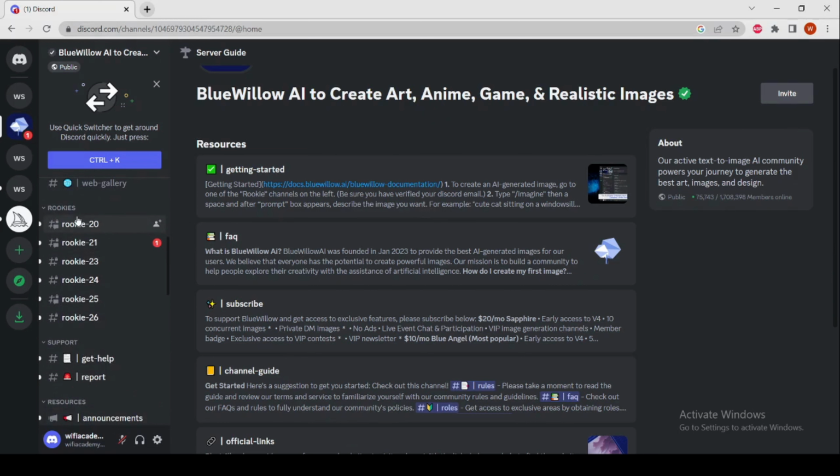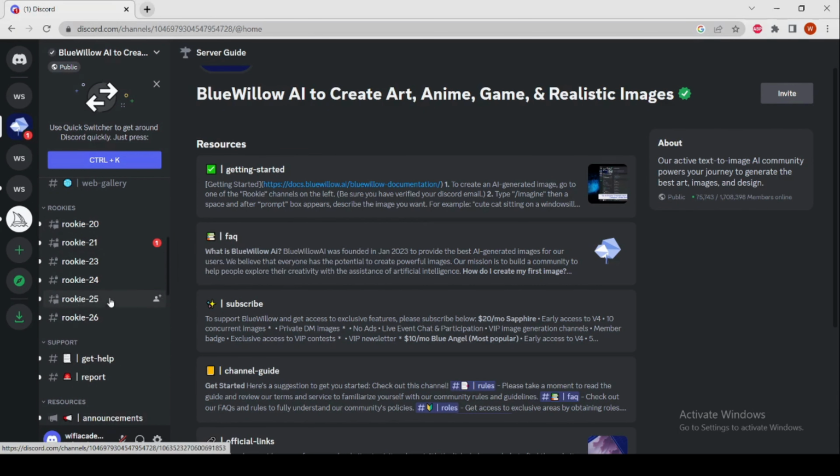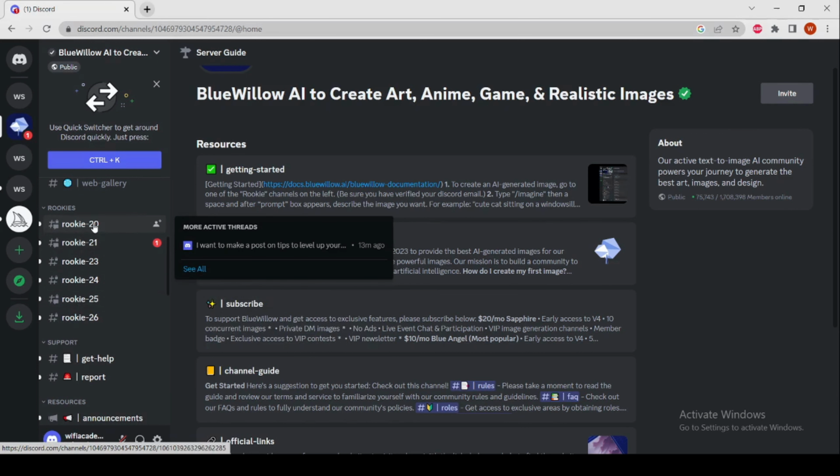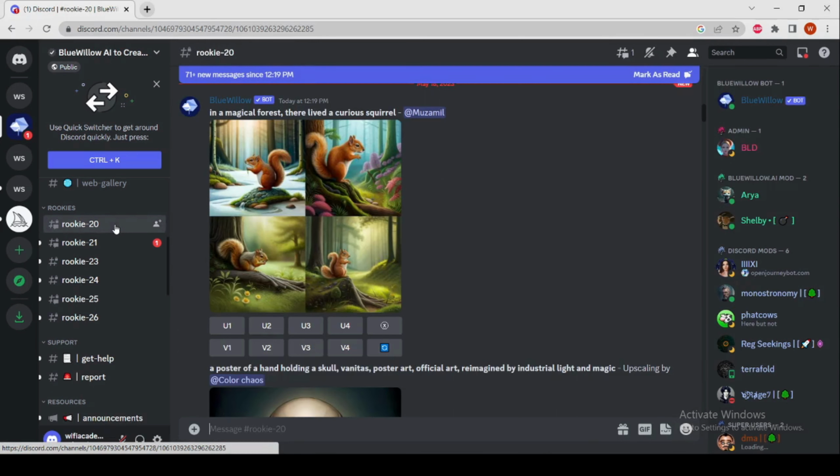we need to find a rookie room here in this section and select an active room from any of these. So I am going to select this, and here we can create our image. To create our image, first of all we need to enter our prompt here in this bar. So let's write something here,